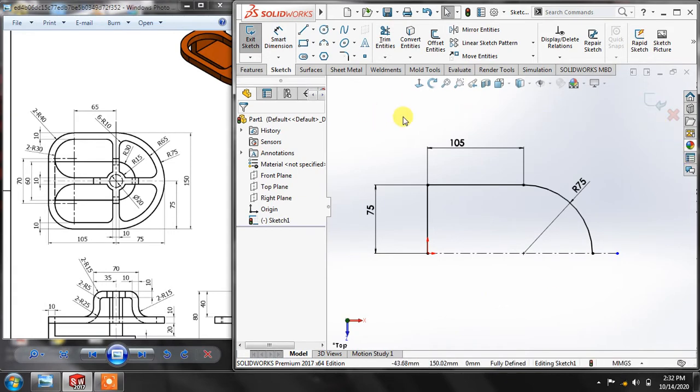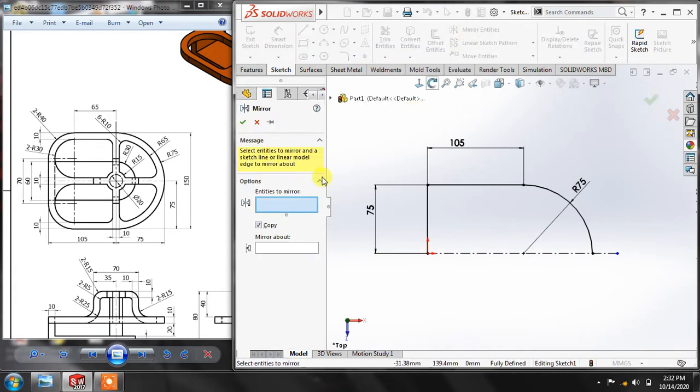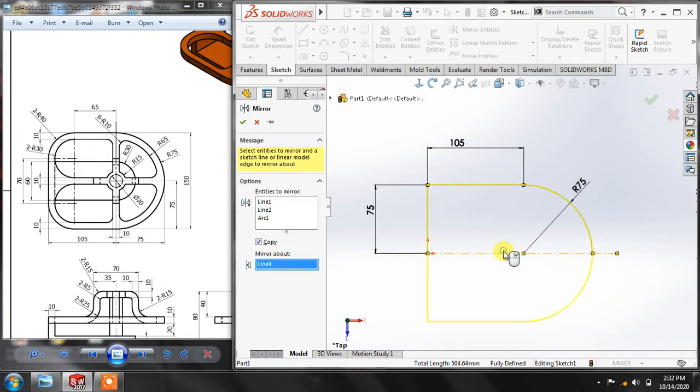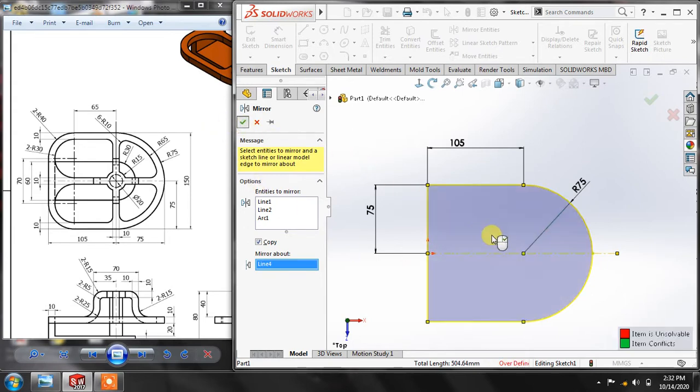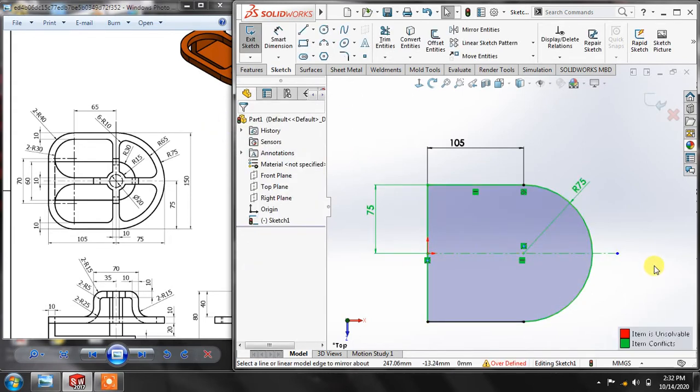So the next thing is to select mirror entities. Select the entities you want to mirror. I want to mirror these entities. Now it is asking you to select a line about which your sketch is going to be mirrored. So click in the box of mirror about, and select this construction line. Now you can see your sketch is mirrored, and